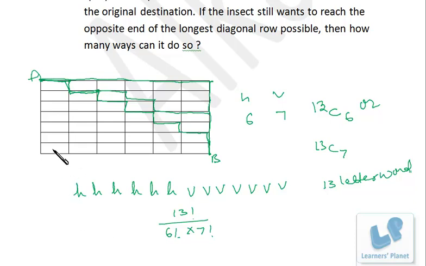Now we convert this movement question to this arrangement of the letters question. So it's a 13-letter word, and it can be arranged in these many ways. All the letters, if they are rearranged, you will be getting these many words. And this is nothing but 13C6 or 13C7, right? Whatever the way you choose to solve the problem, whether this or this, you should be conceptually clear. That's the important point.